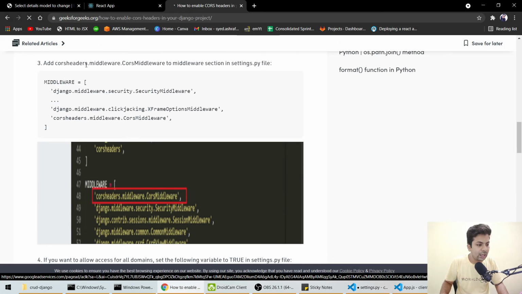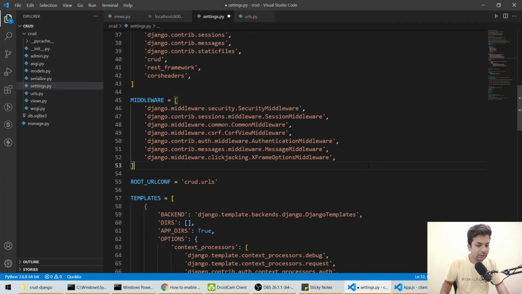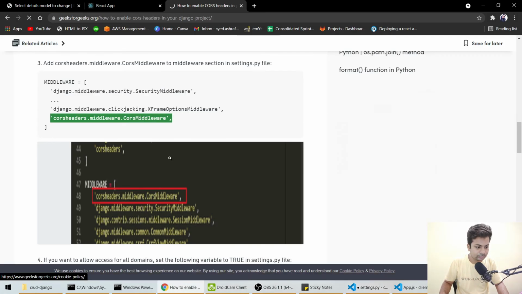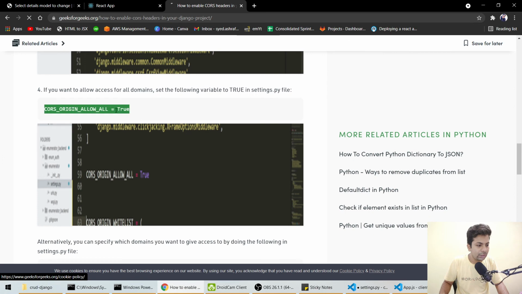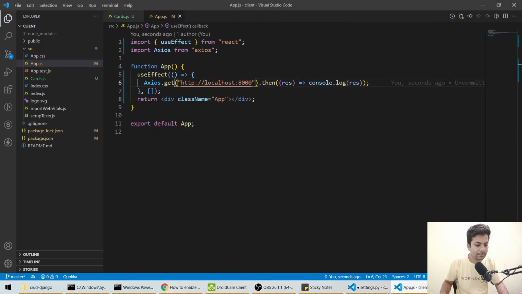Then we have to add the middleware like this, corsheaders.middleware.CorsMiddleware. Then we have to allow requests from everywhere. Just copy it and paste it here or wherever you feel like.